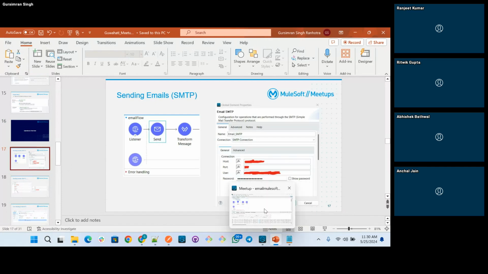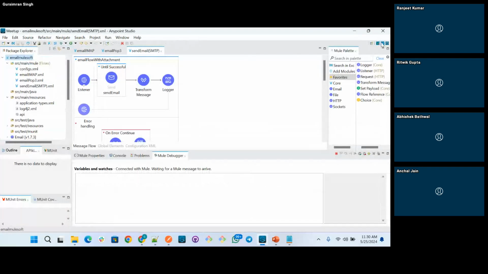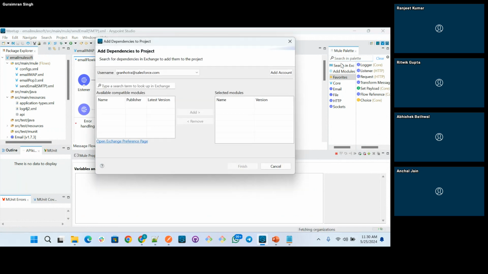So yeah, let's discuss the sending emails one. I have just opened this. As I mentioned in the slide, anyone who wants to see this email connector. I don't know about your experience, whether you are new to MuleSoft or just a beginner. Yesterday, someone pinged me on LinkedIn, she's a beginner and wants some guidance to understand this.